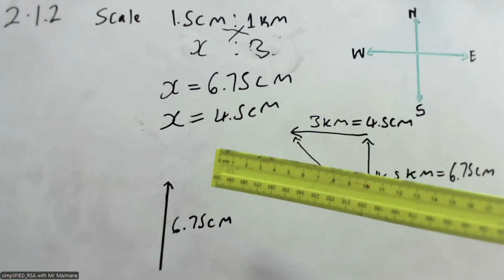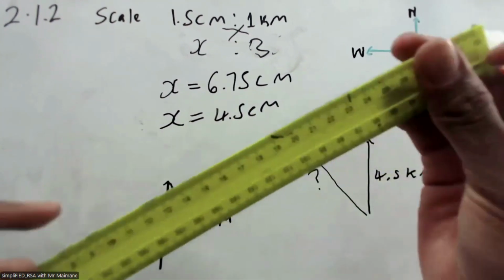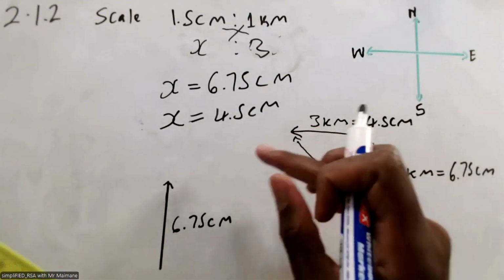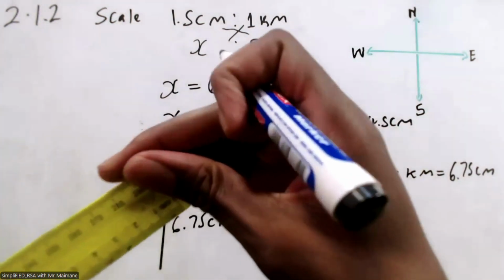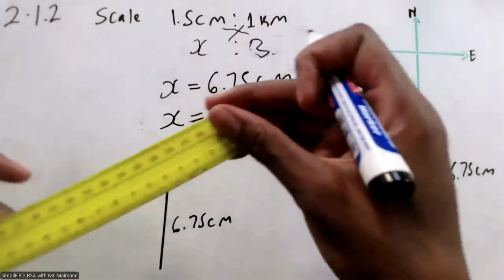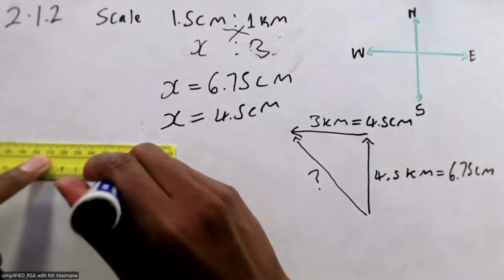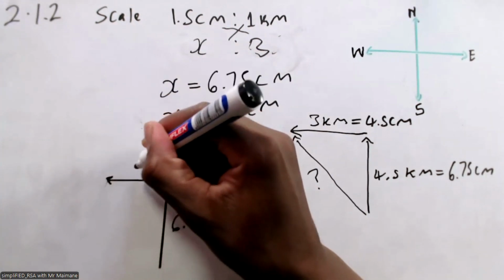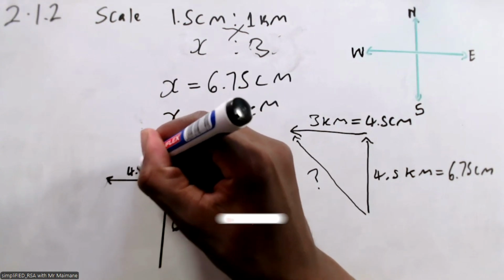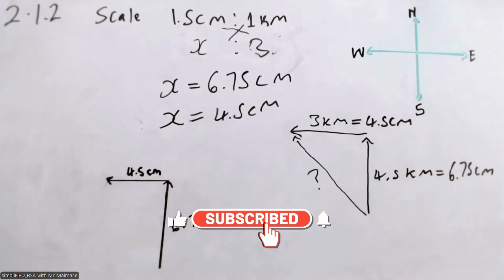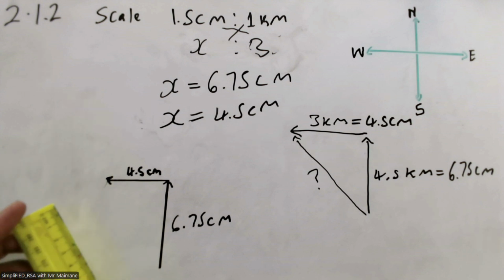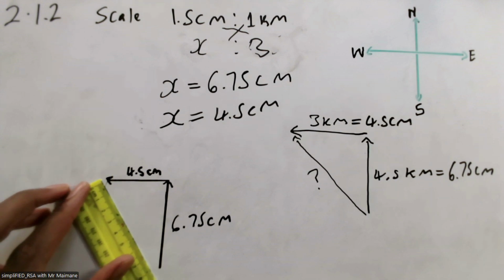And then I will construct 4.5 centimeters for the 3 kilometers. That's 4.5 centimeters. And then to get my resultant displacement, I'm going to join the two and measure the displacement